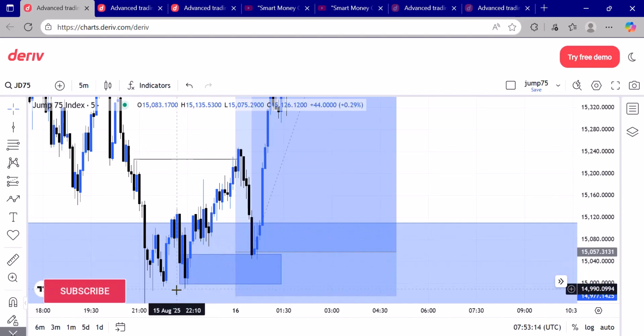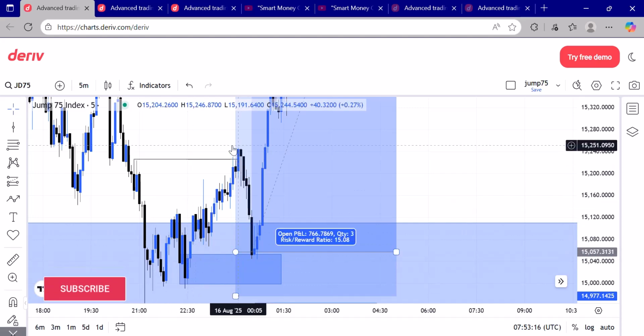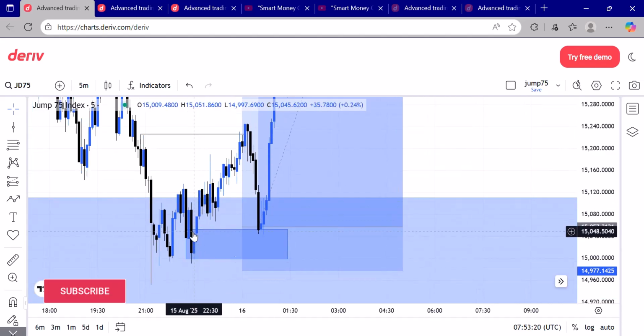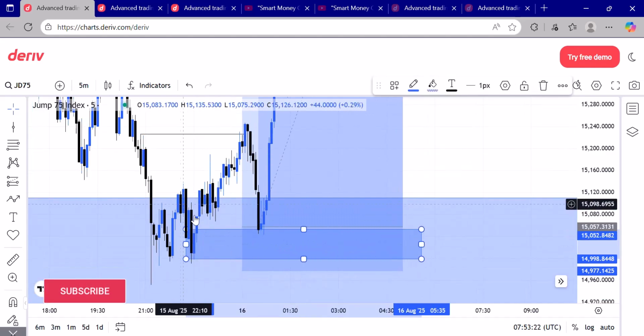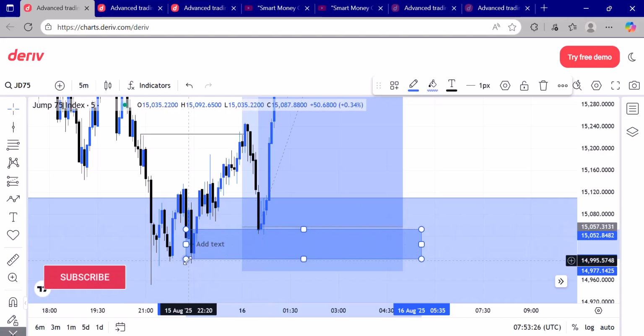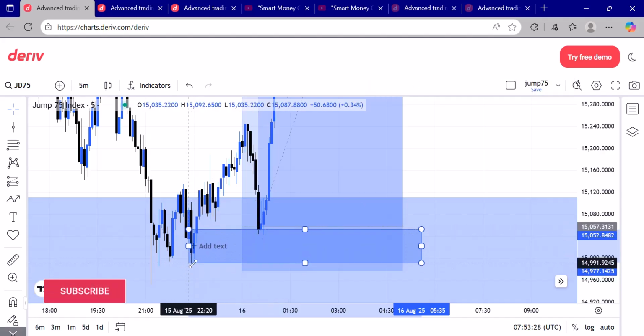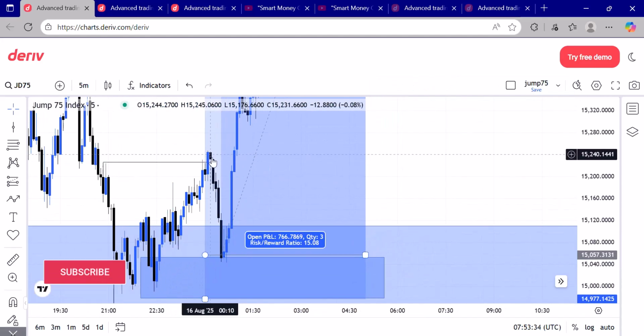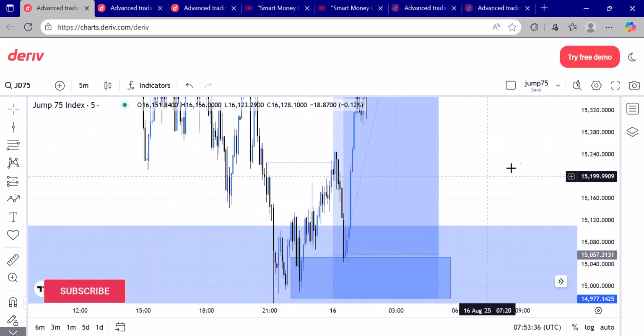So price broke structure to the upside, and this was the zone that caused the break of structure. This was the zone that triggered it. So now this would have been our entry, and our stop loss, of course, we can just take to be below this zone. All right, so price came in, took out this high, broke structure, and then came back to our zone, and it